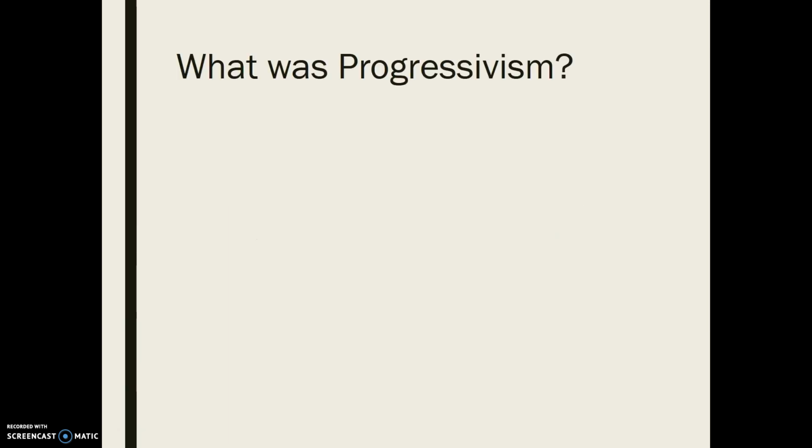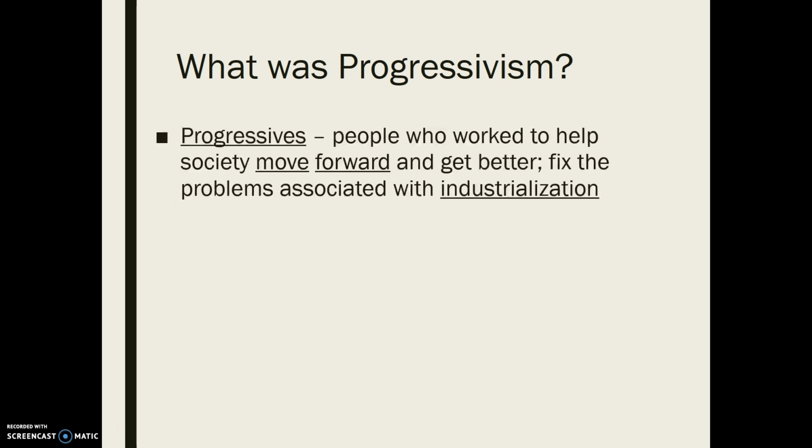So first of all, when we look at a definition or a word like this, I like to look at the root word. So if we look at the root word of progressivism, the word is progress. And so as we know, progress is moving forward, getting better, improving, and that's what progressivism is all about. So progressives, as people, were people who worked to help society move forward and get better. And specifically, it occurred at this time, the first 20 years of the 20th century, from about 1900 to 1920,